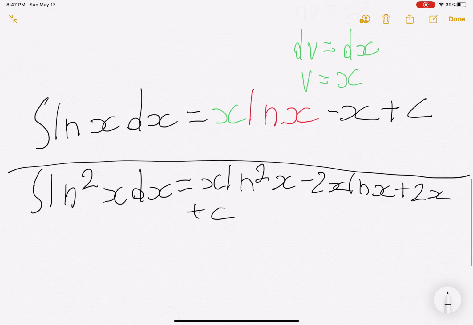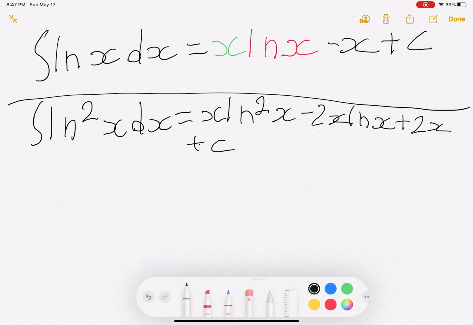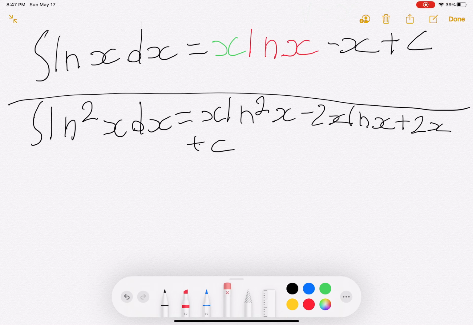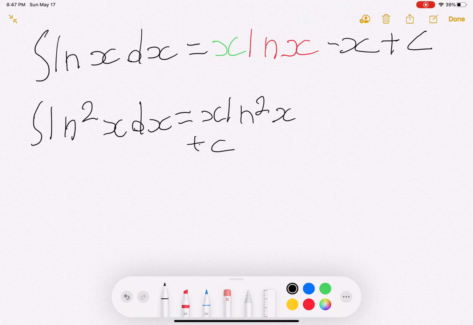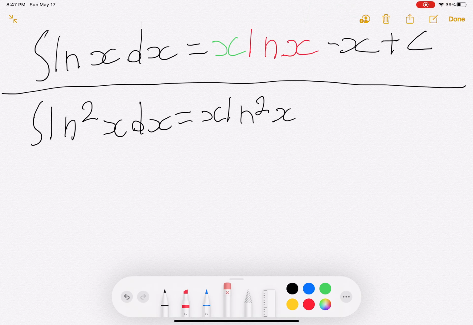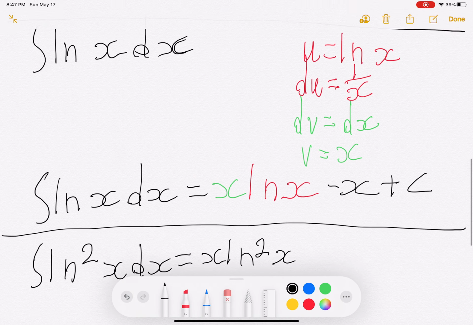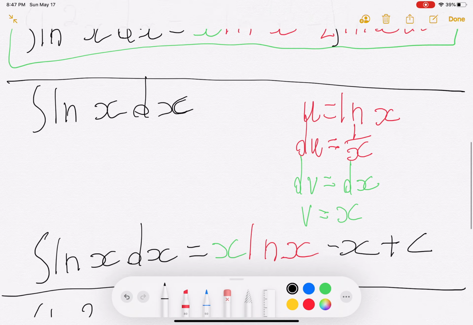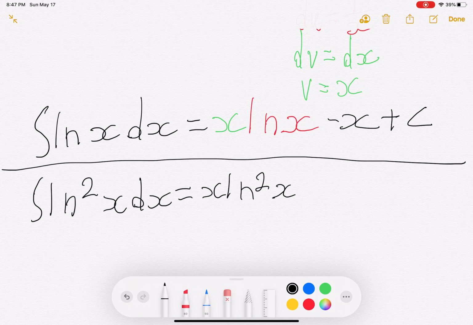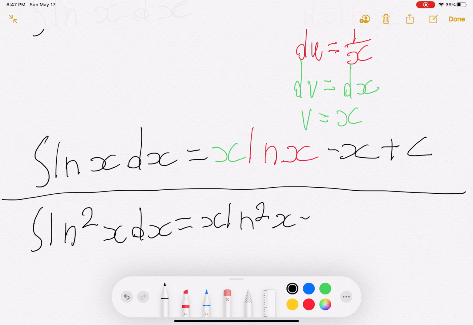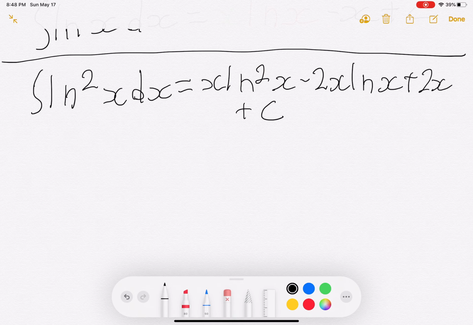Now let's look at the final step and plugging this back into, let me write this a little nicer. Sorry about that. Just need to redo that now. So minus 2 times x times ln of x plus 2x plus c. Okay, so now since we got that, we want to take this and plug it back